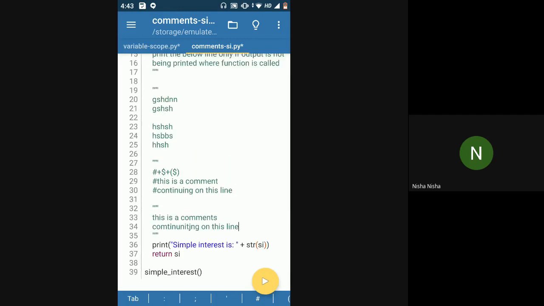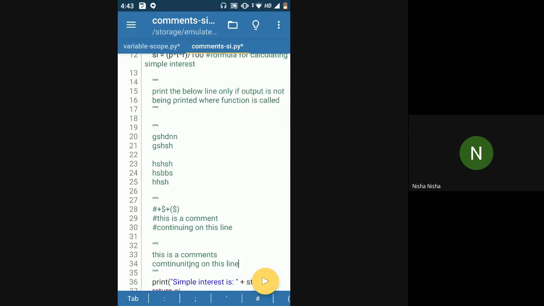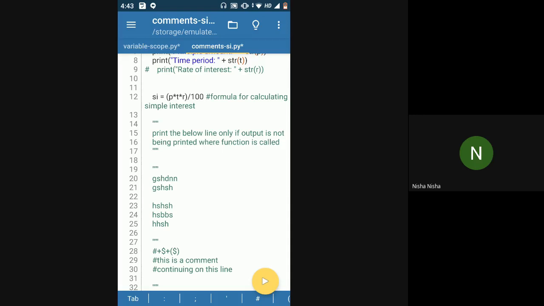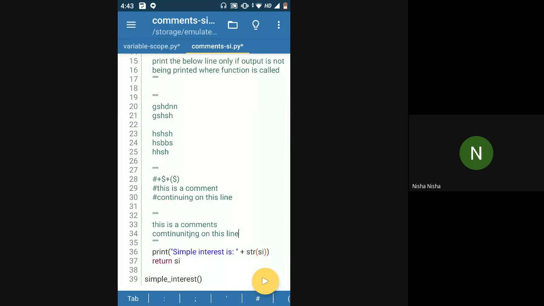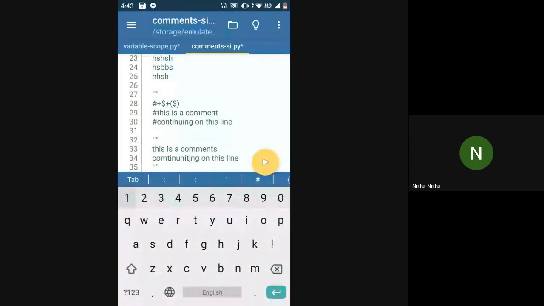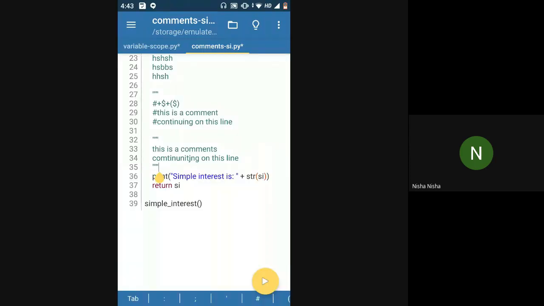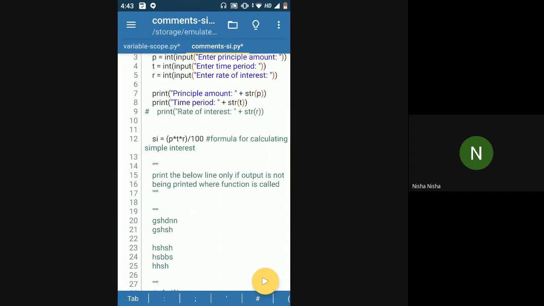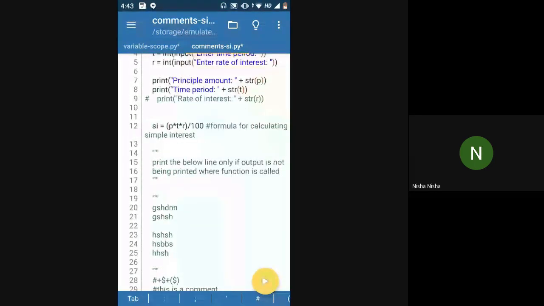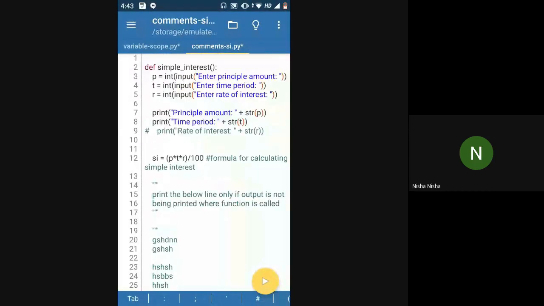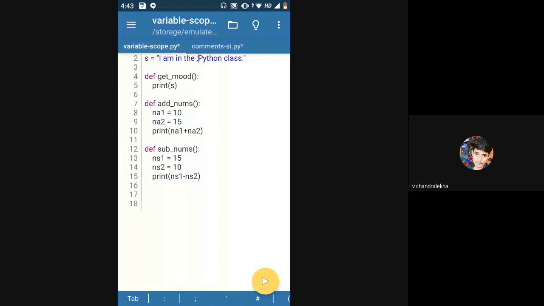Now is it clear what is the difference between multi-line comment and a single line comment? Yeah, ma'am. Okay. Can anyone tell me what is the difference between multi-line comment and single line comment? Anyone? Ma'am, can I tell you? Yeah, sure. Go ahead.